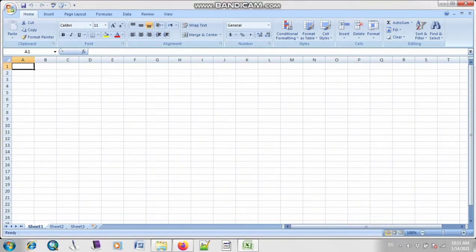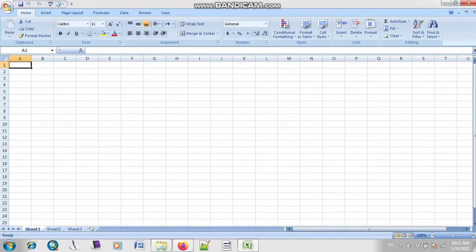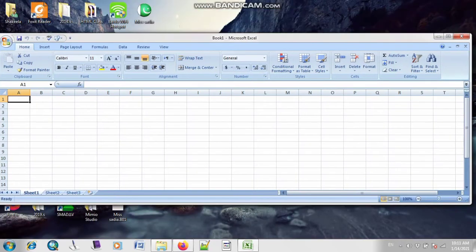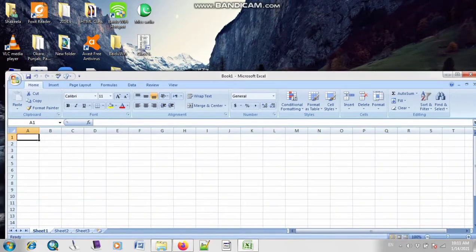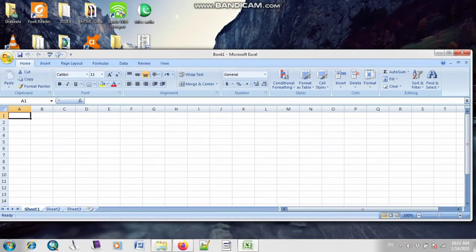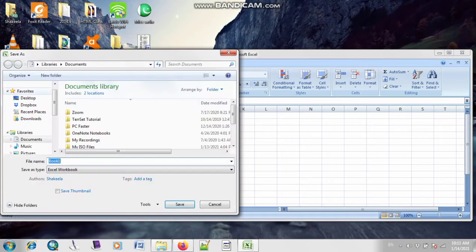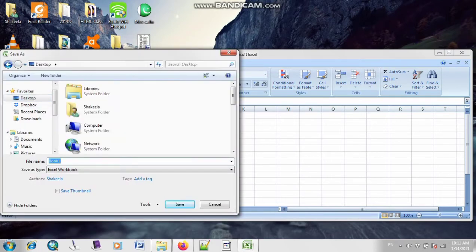The title bar is basically used if you want to insert the title of your document. If you want to change or type the title of your sheet, it will appear on the top of your bar. So let me change the title of my page. Right now the title is Book 1, as you can see here. If I click on this option of save, I will save it on my desktop and I will save it to computer